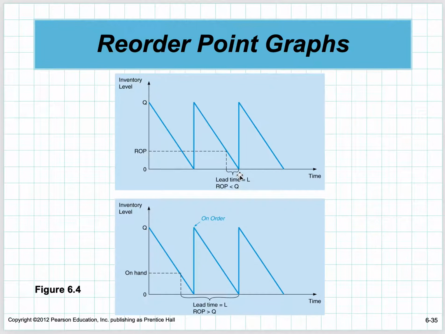Here's a picture of it. Here's the reorder point. This is a sawtooth thing. Remember, the assumption still holds that we're drawing down at a constant rate. When you reach the reorder point here, and you have a lead time of L, you will replenish, boom. Now sometimes the lead time is longer,